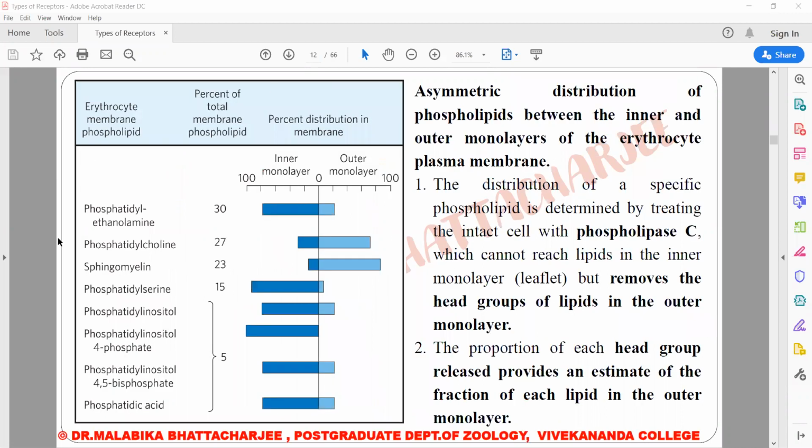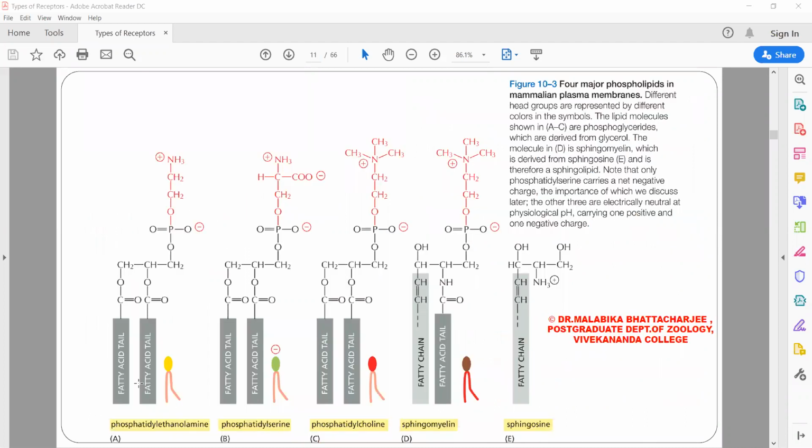And if you look into the membrane composition of phospholipids, this is based on the erythrocyte membrane phospholipids. The erythrocyte membrane is the best membrane that could have been extensively studied, because we all know that the RBCs are basically devoid of any functional organelles. And once the interior mass can be removed, the cell can be studied very well. And if you look into the phospholipid composition in the membrane, the main phospholipid, as you can see, is phosphatidylethanolamine. So this one, phosphatidylethanolamine is the main component of the membrane.